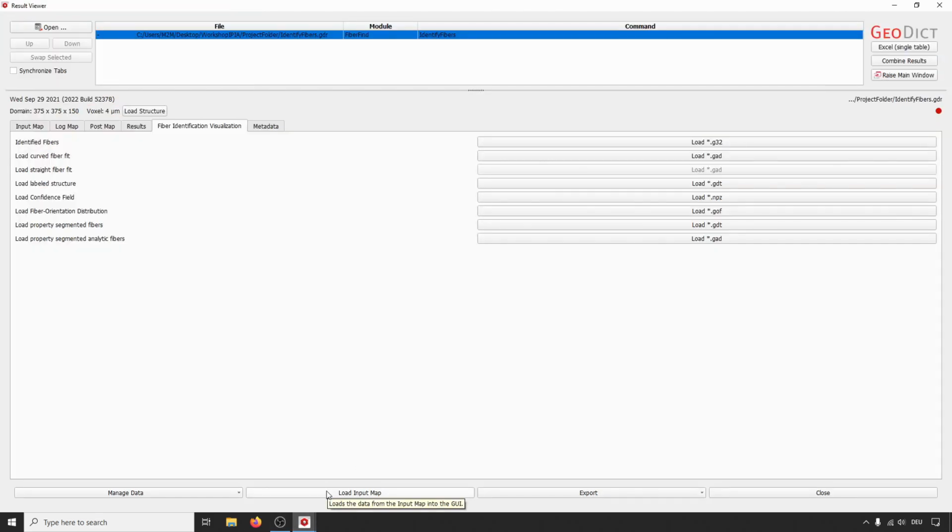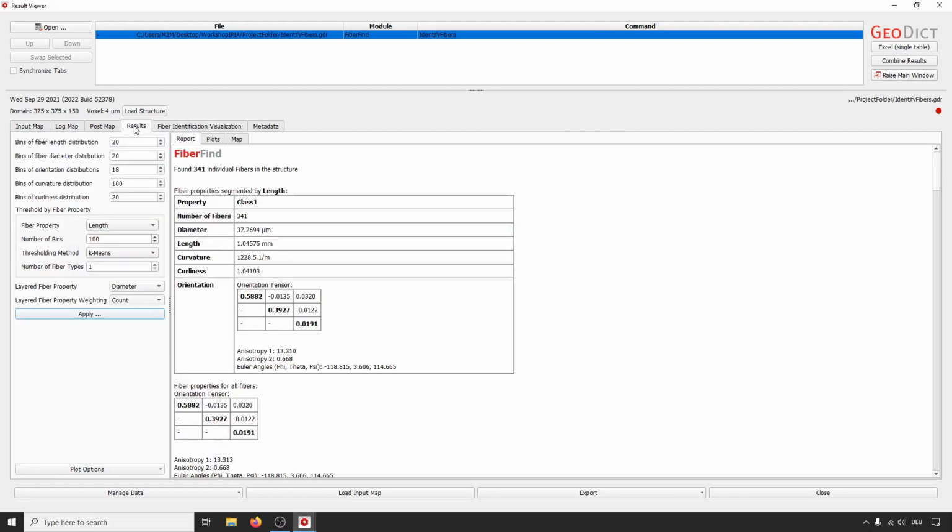Now there would still be a lot to see here in the results. For example, there are a lot of new post-processing options where you can threshold fibers based on properties. But since we are running a bit out of time, I can just give you a hint that it's quite useful and interesting to have a look at the post-processing options in here. But I would say that we finish the workshop for now.